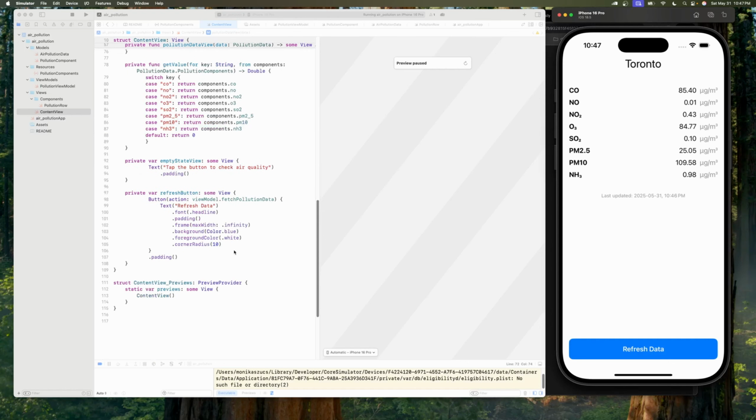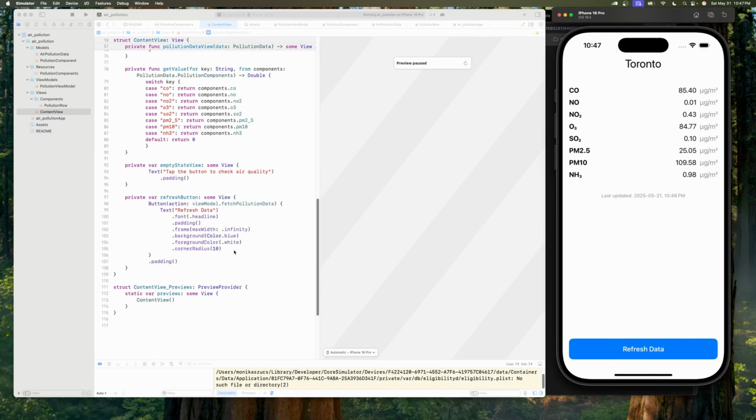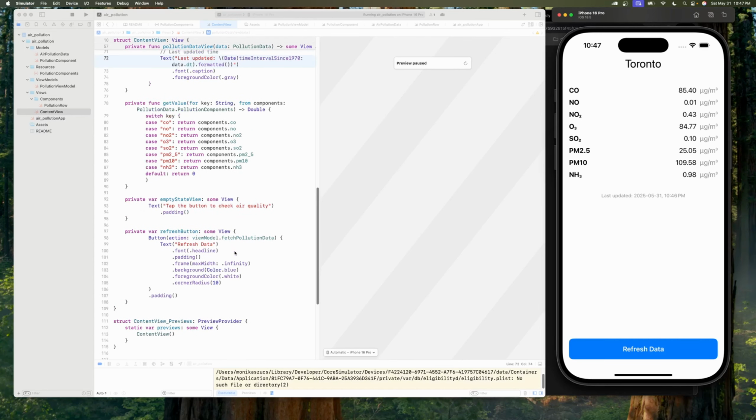So hopefully this is a good introduction to how you can set up your APIs and how you could grab the data and how you can make your own data as well, and organizing your code in